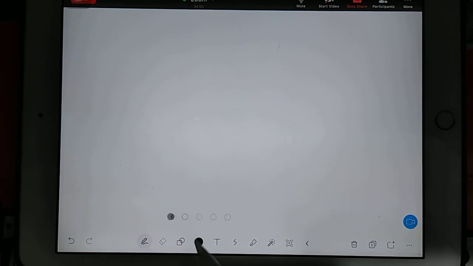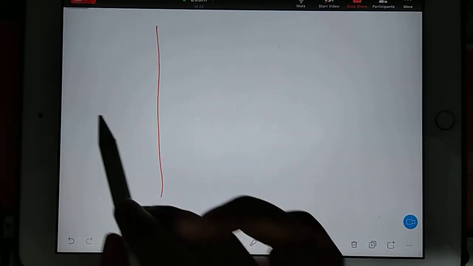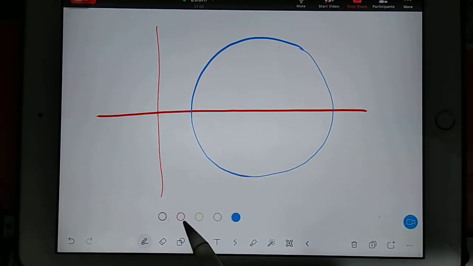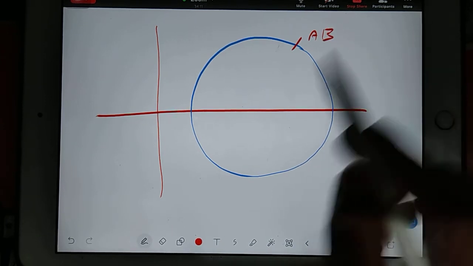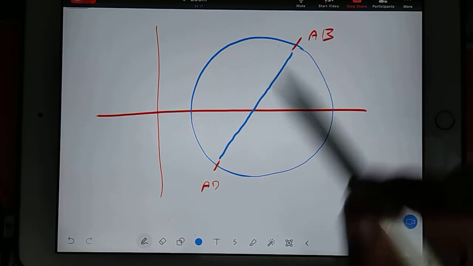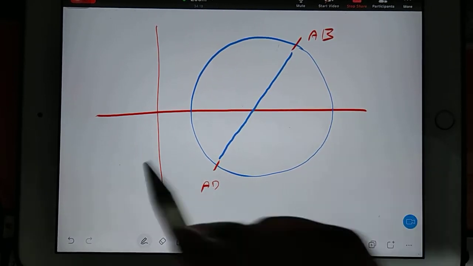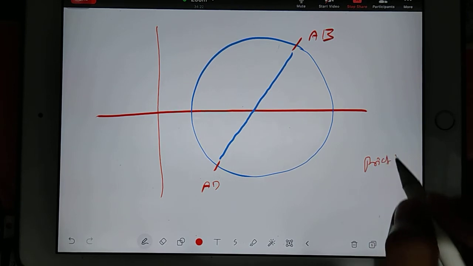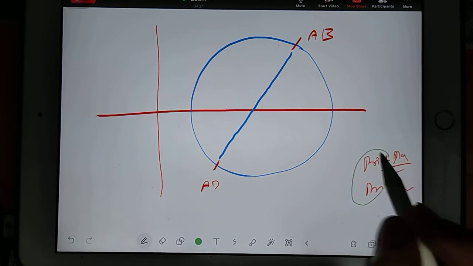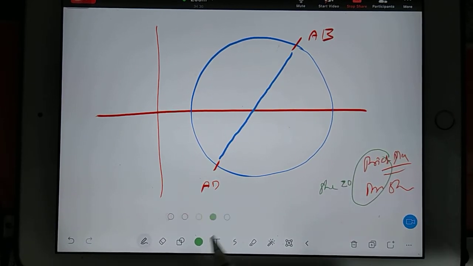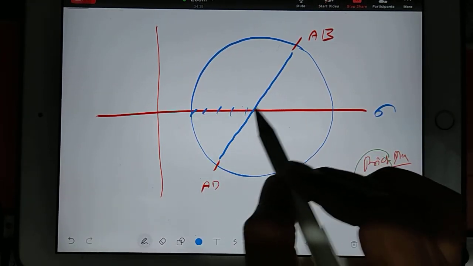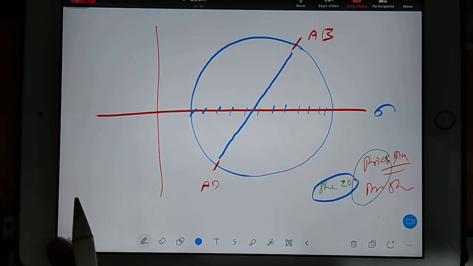Now see, in my diagram, in the question I took, we have taken the Mohr circle like this, right? In this Mohr circle, we know that here we have our AB and here we have our AD. So we connected like this. Now let's understand in this entire diagram where our principal plane is and what the value of principal stress is. Whenever you talk about principal, your shear stress will be 0, okay? And shear stress is 0 only on the sigma axis. It means everywhere here your shear stress is 0.